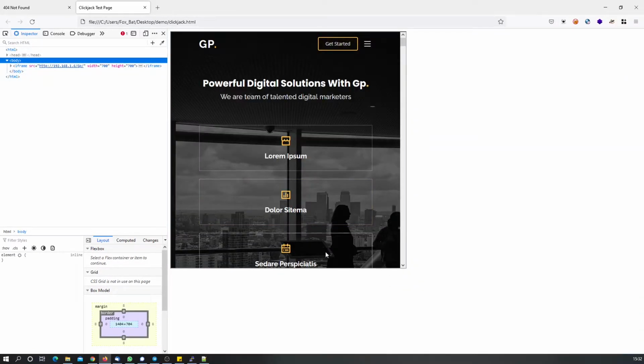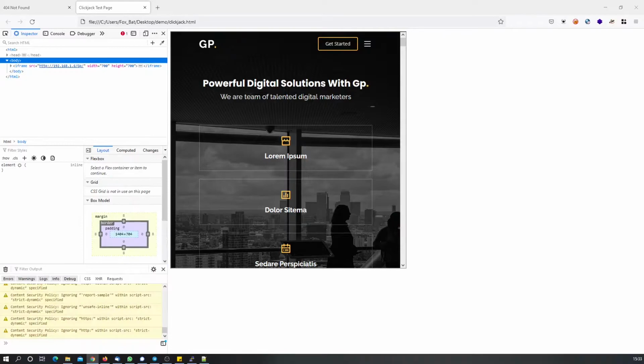This is a very primitive type of thing that an attacker can do. There are lots of other manifestations that can be done to cheat the user if they don't know what is happening. Sometimes overlays might be done to perform some malicious action. That is also possible. I will provide more information in the description section for reference. You can also try the PortSwigger Labs to see how these attacks can be sophisticated and can do a lot of damage. They seem funny, but they can still be dangerous.